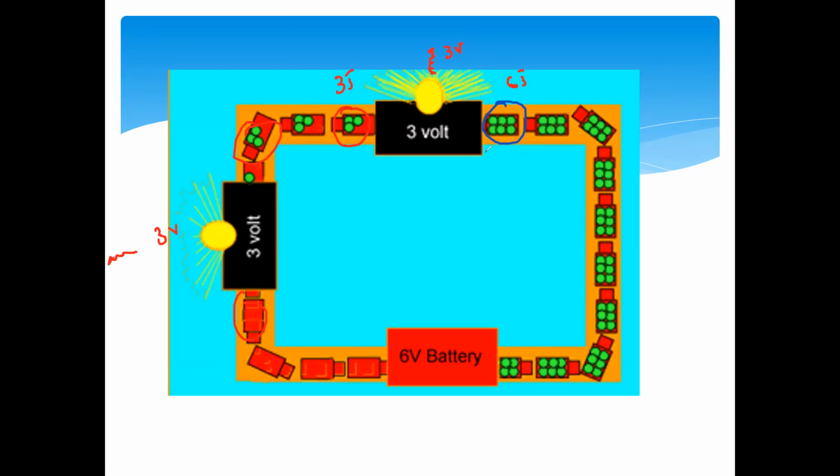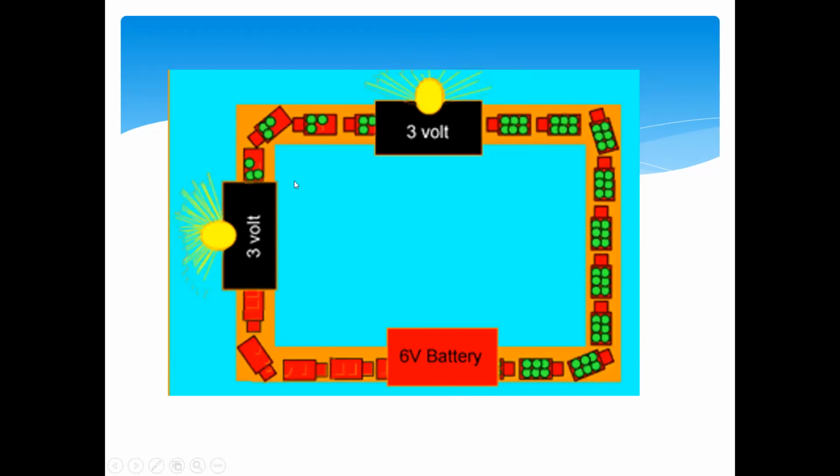volts. So how much energy is transferred by the charge when it is passing through a component, we call that PD, potential difference. And how much energy is carried by the charge when it is entering the circuit, we call that electromotive force or EMF. So here EMF is equal to 6 volts, potential difference 3V, and here also potential difference 3V. So the total EMF of the circuit is equal to the total potential difference, the energy transferred by the charge across a circuit.